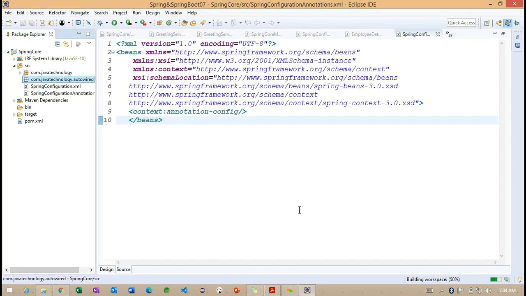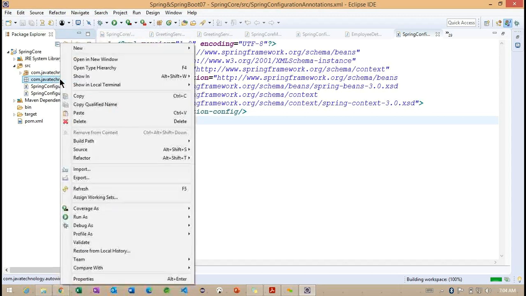We'll observe how exactly this Autowired works. To understand this, we need to create a simple example here. Let me create a simple example.